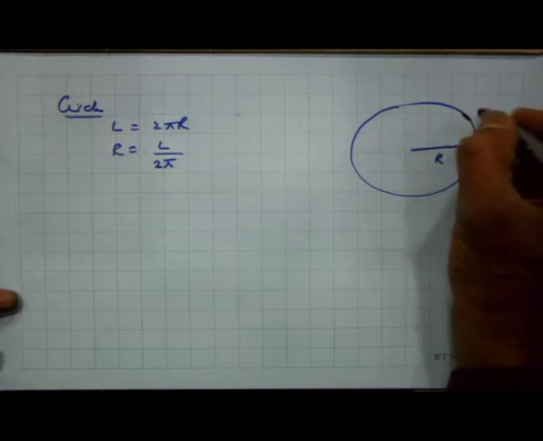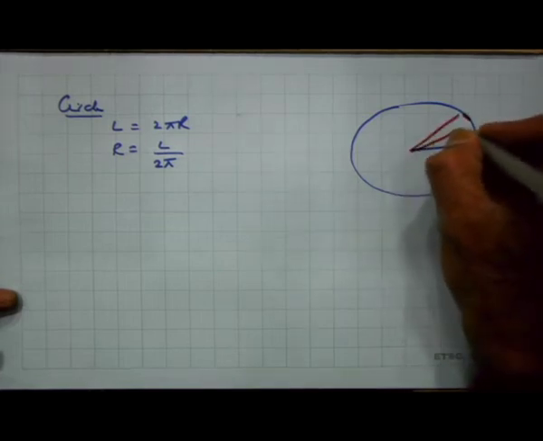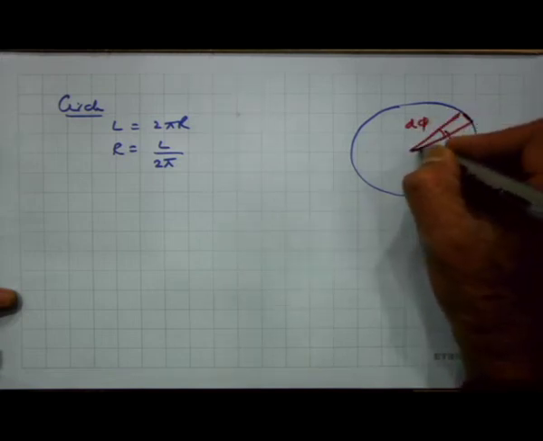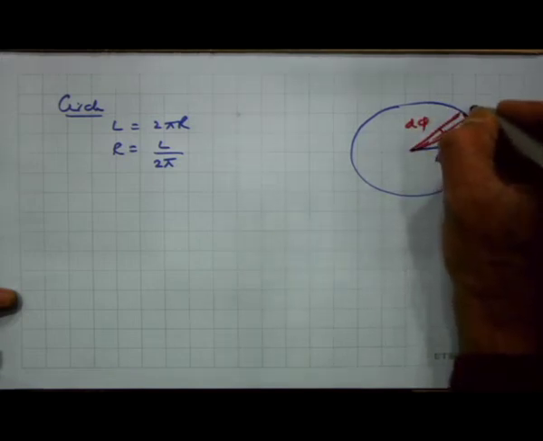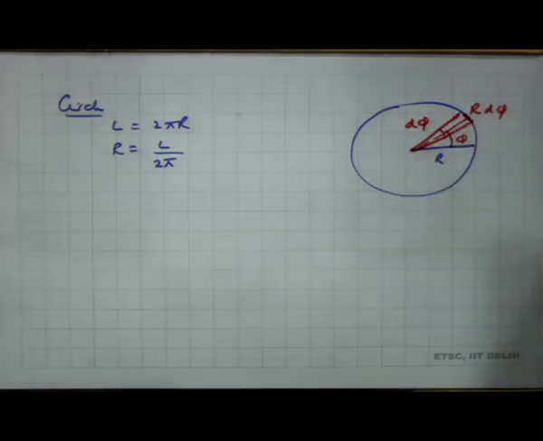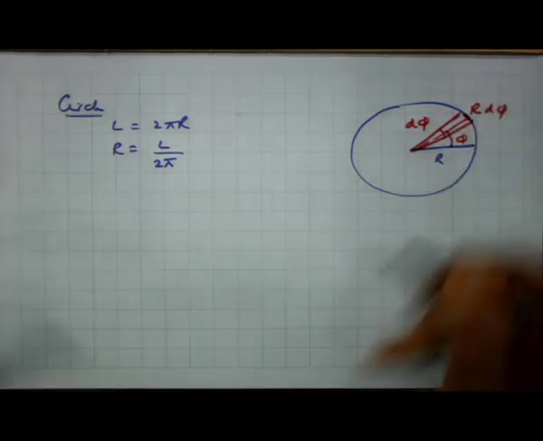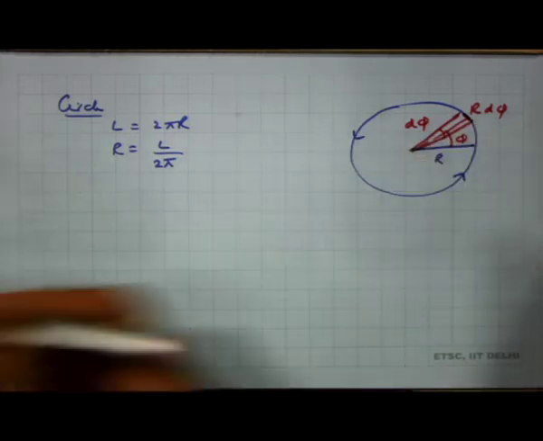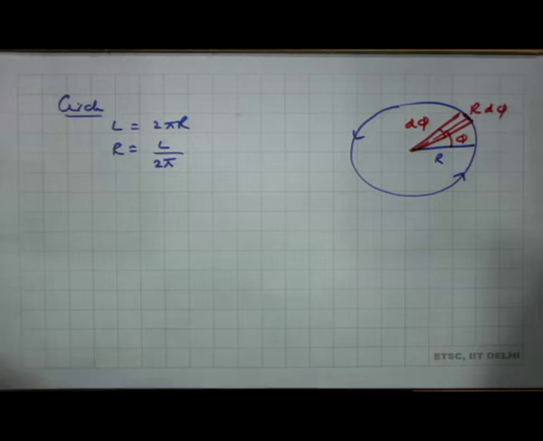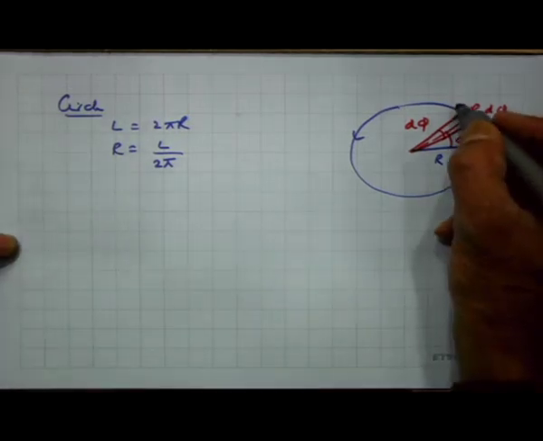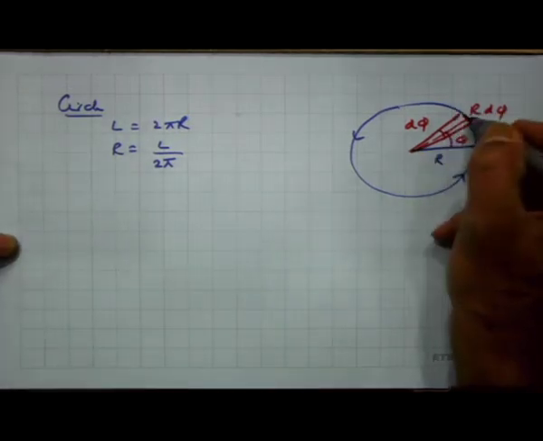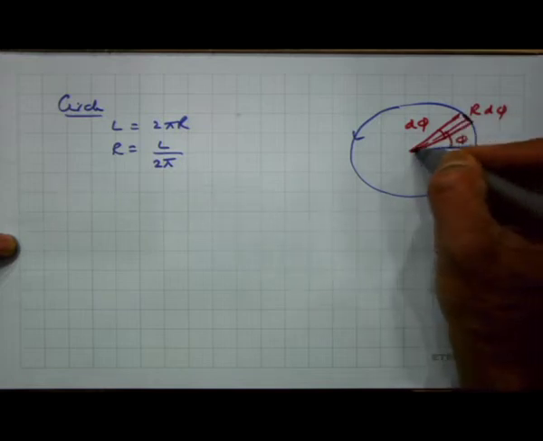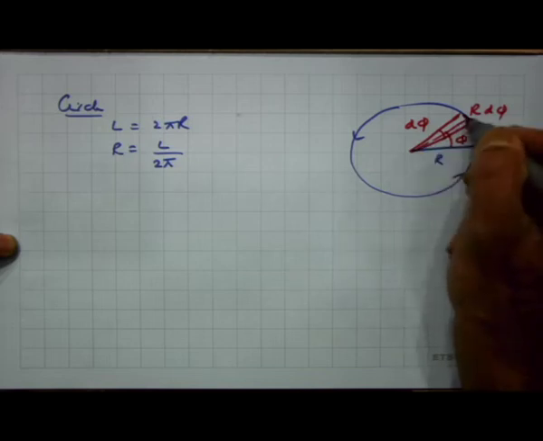So, here I take a current element. So, this is d phi and this angle is phi. So, this is r d phi, and the current is flowing like this. So, I can write dB. The current is flowing like this. This is the r vector here. So, you can see here this line dl is always perpendicular to this r vector, and so